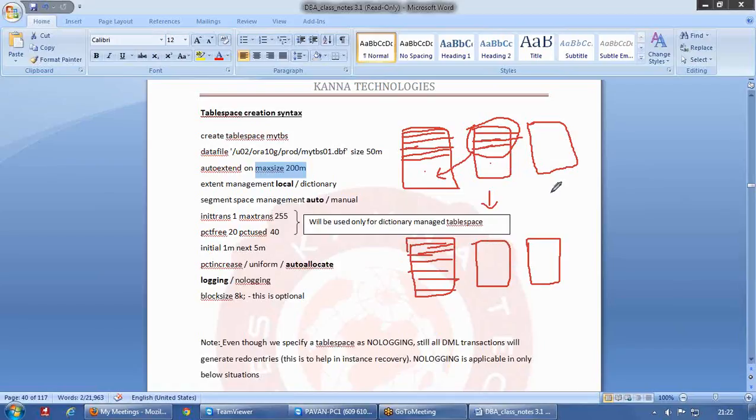And this coalescing is going to take place automatically by SMON. SMON usually does this task with the help of the concept segment space management auto. That means if you have automatic segment space management enabled, then only SMON will do this task. Suppose you declare segment space management as manual, then SMON will not do this task on its own. As a DBA, we need to run some commands and do the coalescing manually. But